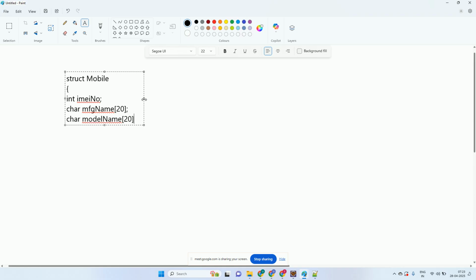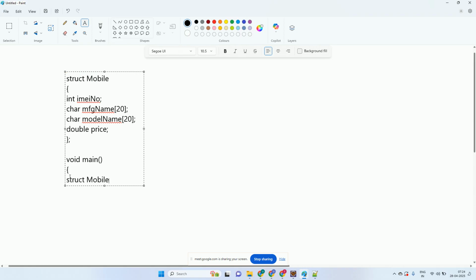And when I say semicolon, what all is there in this structure? Only the attributes and properties, right? Does the structure contain methods? No. So the limitation of a structure compared to a class is that any Tom, Dick, and Harry function can come and have direct access to the structure. It just needs to create an object of that structure, and it can directly access the attributes of that structure. So if I say struct mobile M1,